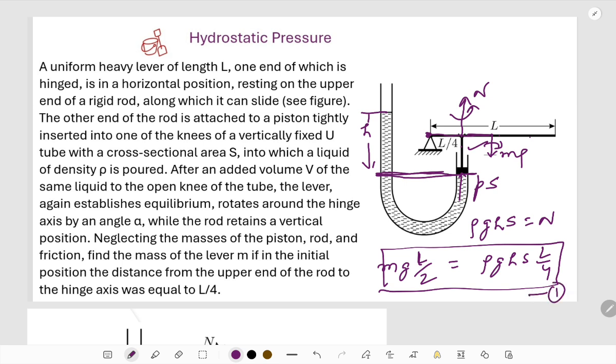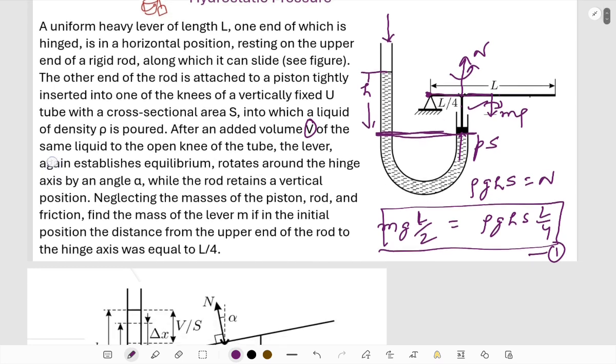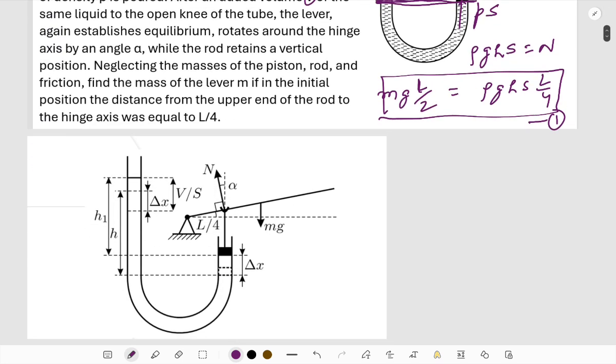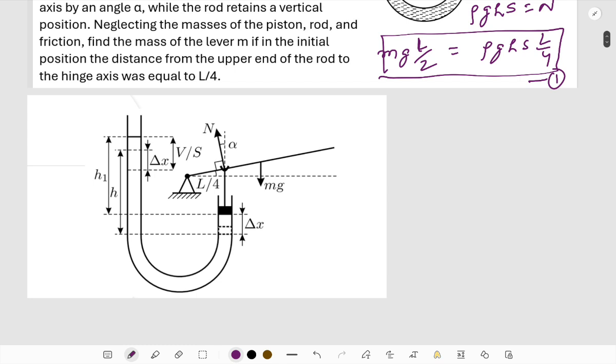And let's see another case, when some more liquid of volume V is getting poured in this open knee, or open leg, whatever you want to call it. And I have another picture ready. And in this condition,